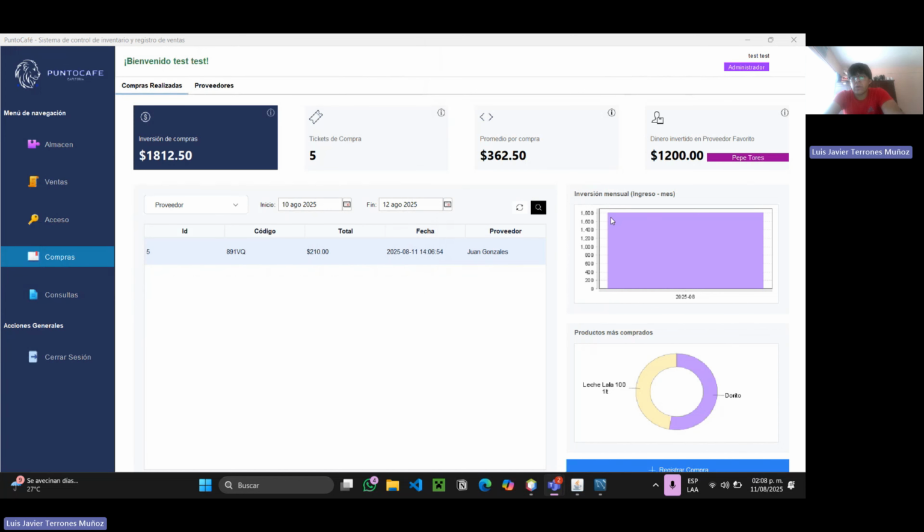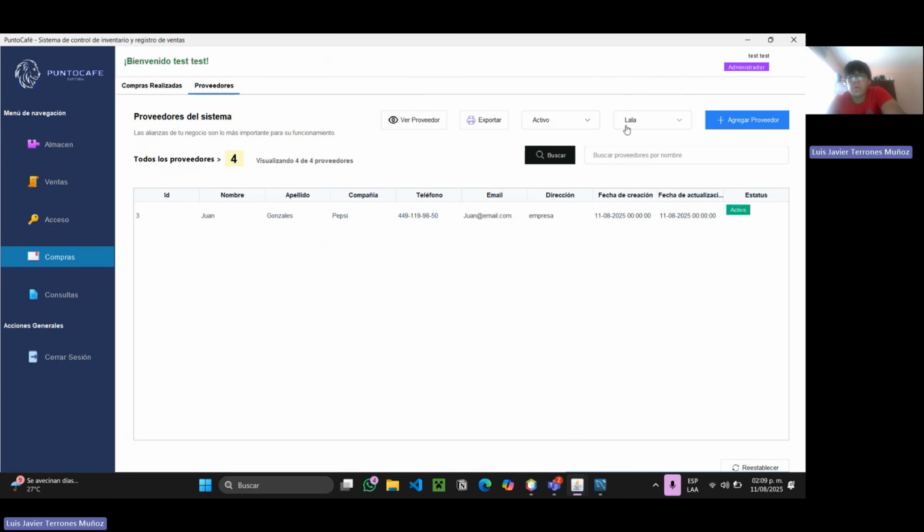Esta tabla también se actualizó, no más que no tiene tanto detalle, pero aquí nos podemos observar que llega a un máximo de 1800, un poquito más arriba, como se muestra acá en esta parte, que es un total de 1812. Pero, por ejemplo, si llegamos a realizar otra compra, por ejemplo, con un proveedor,